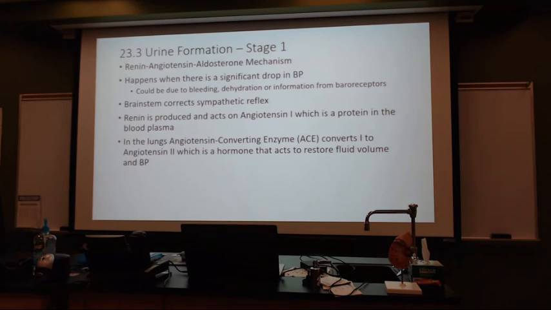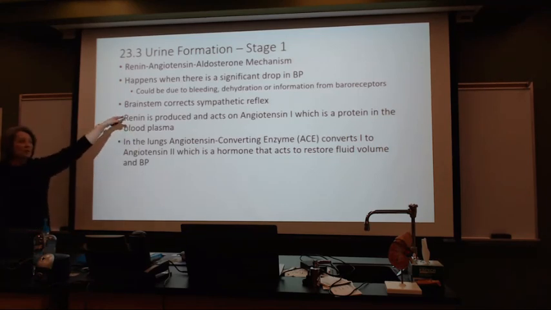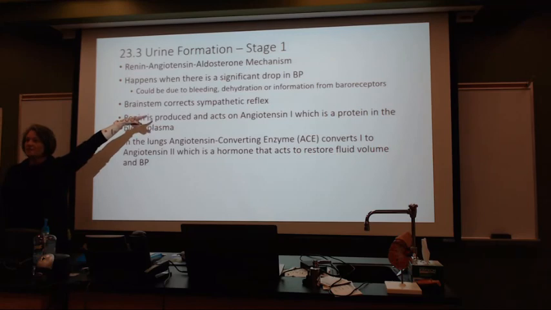It's slower. It's slower. Okay? Meaning, tissues of the body are not getting the blood supply they need. Okay? The brain stem, because it's picking up the information, wants to correct it through the sympathetic reflex. So,